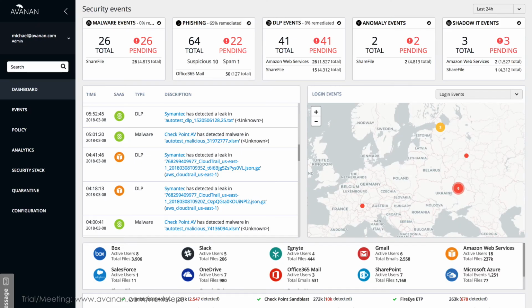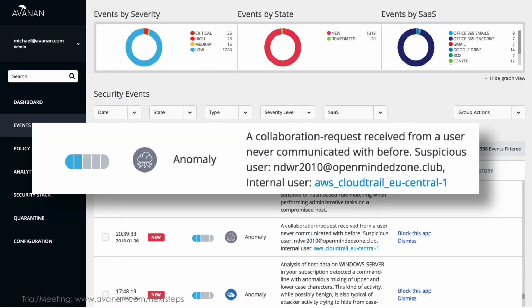As you can see, we're tracking all the malware and phishing events, regardless if they're internal or external actors. If it is internal, it will also show up as an anomaly event, because that makes that user a lot more suspicious of being compromised or just acting maliciously. As you can see, for example, we also focus on any collaboration requests in all of the SaaS that we've integrated. So if we've seen that someone has never communicated before, I will also alert you on that.